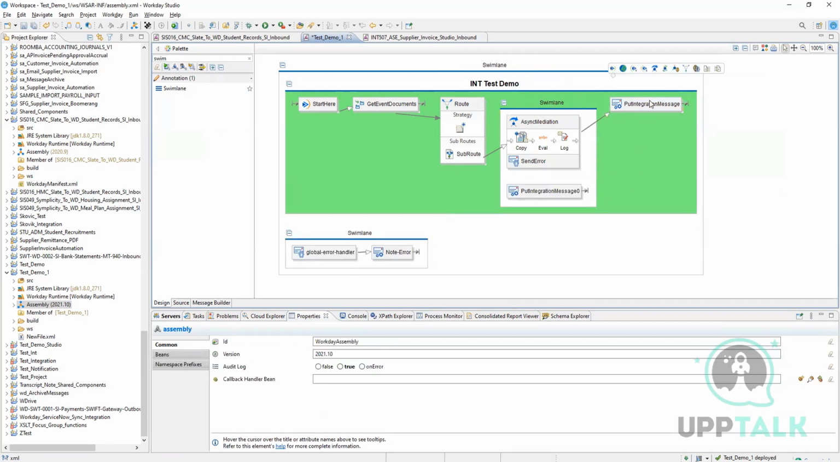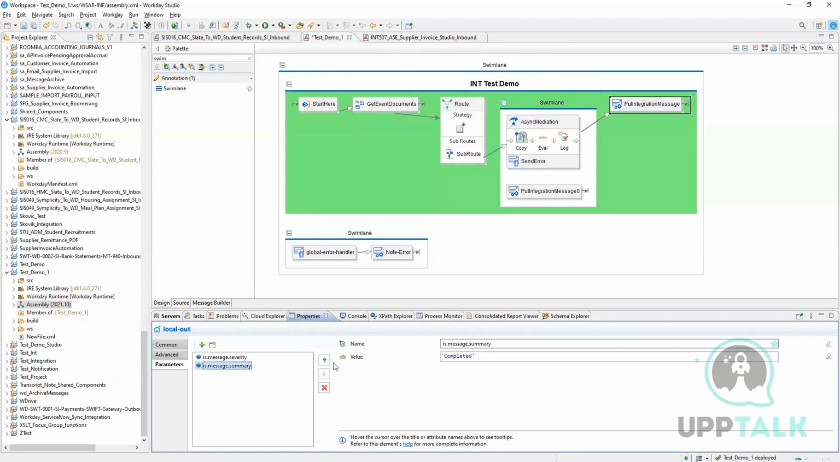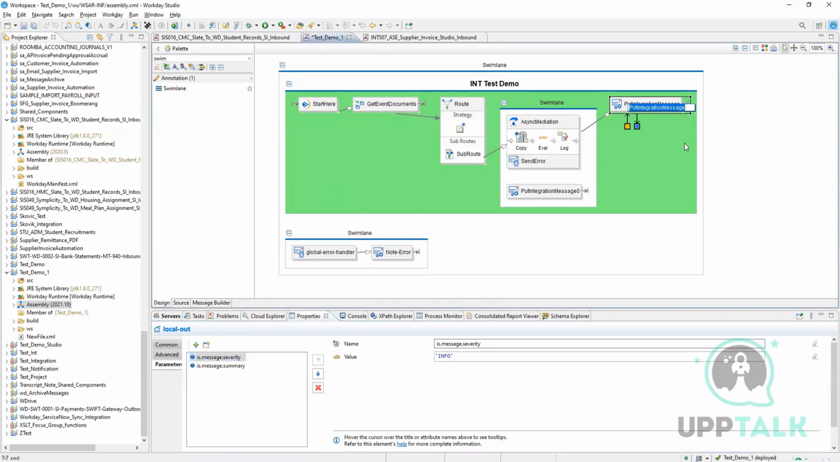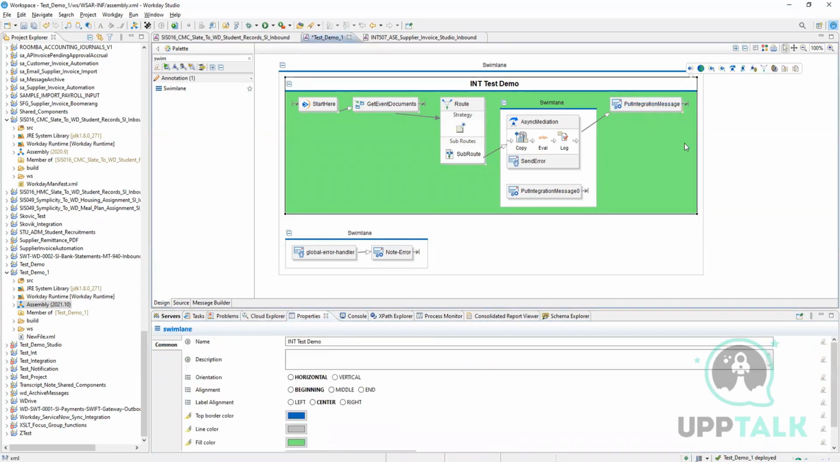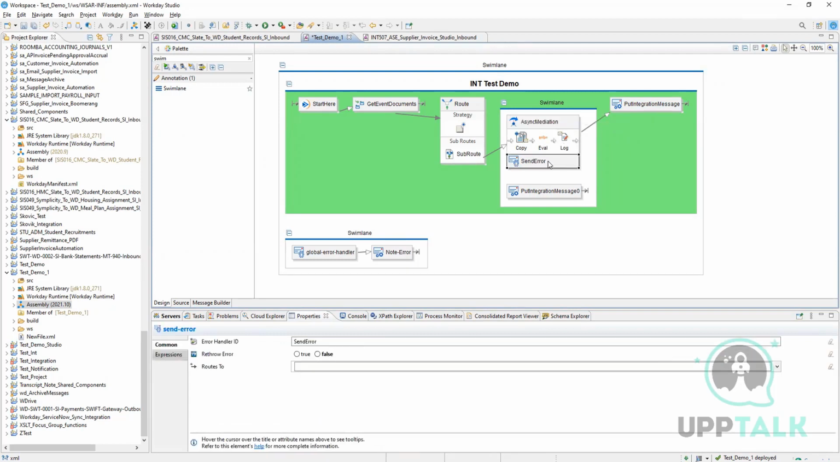Now if you see this put integration message, which we have in the end, it is showing that it is completed successfully. It's an information, meaning when the flow comes to this put integration message, the user will get to know that integration completed. Now in this part, if there is a send error,